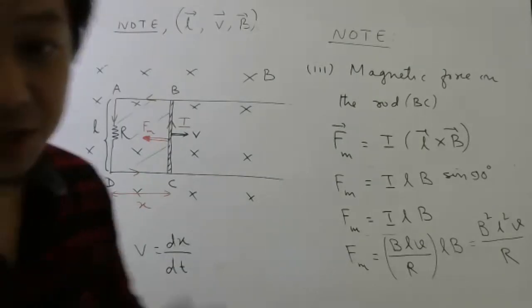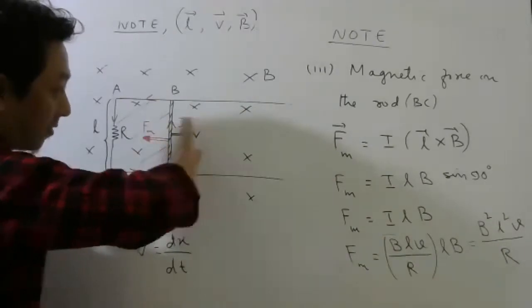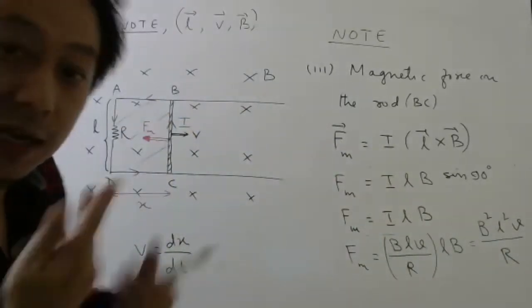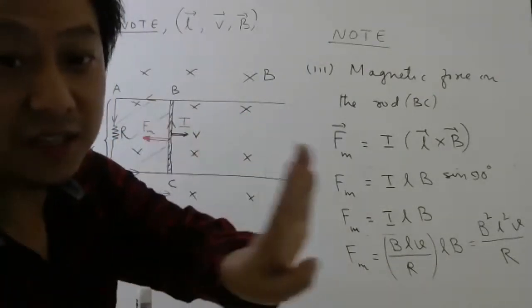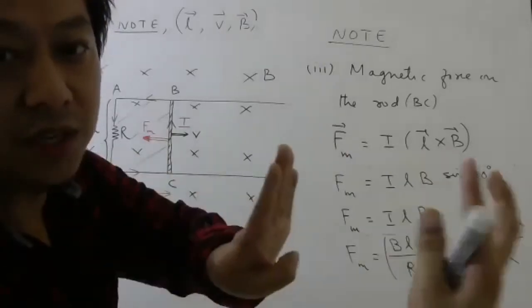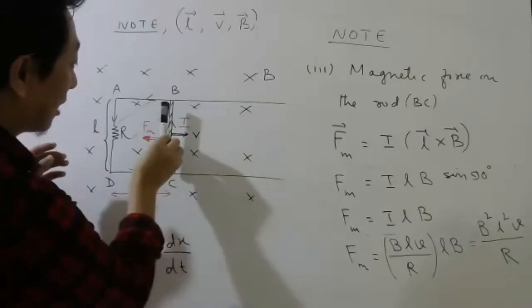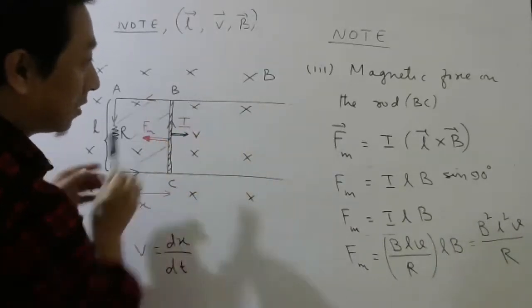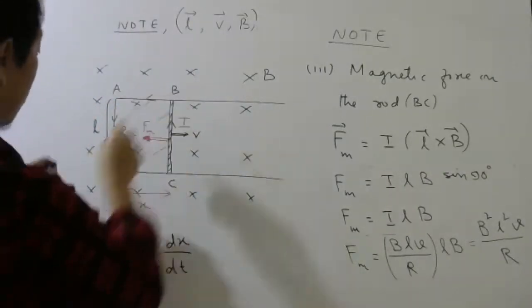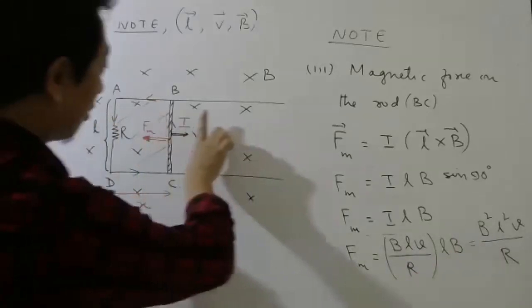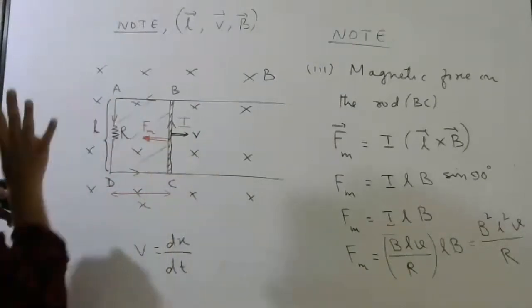Which means, students, if you simply push this rod, push it like that and leave it, what will happen because of this force? It will slow down. Correct? Now, if you are running this side and there is a wind coming this way, then you will slow down. So the rod will slow down and stop. As long as the rod is moving, there will be induced current. So the bulb will glow. Once the rod will stop, the induced current will be zero.